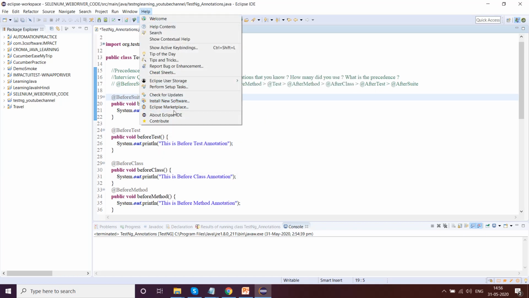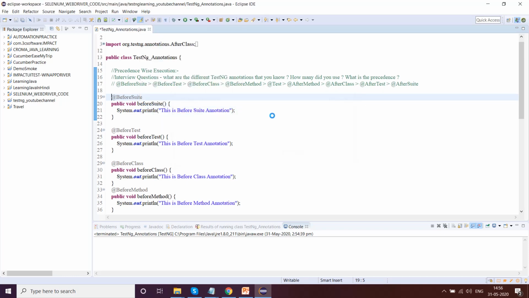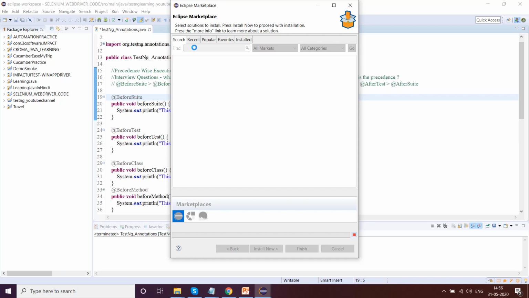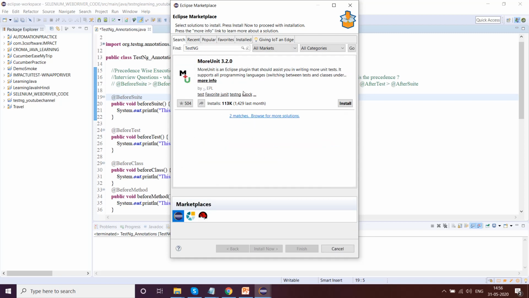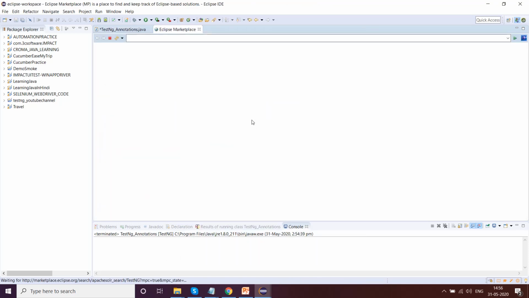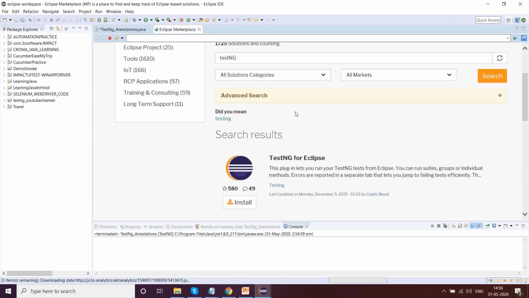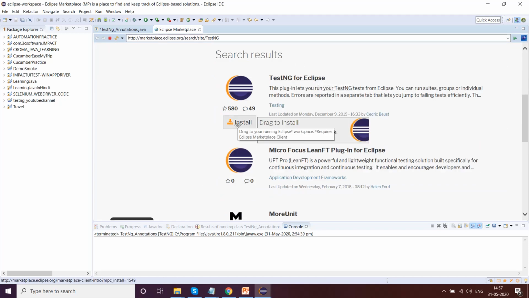If it doesn't work, you can go to Eclipse Marketplace, and select TestNG. In the find section you'll have to write TestNG. Just wait for a minute. That place is editable. TestNG, and then you click on this. You might say you're not getting any sort of plugin. It's not true. You click here, and this will open the browser. The browser control will come inside the Eclipse Marketplace, and here you have the TestNG Eclipse plugin, and then you click on install, and do the same thing which you did using install software. But again, this might work, might not work.